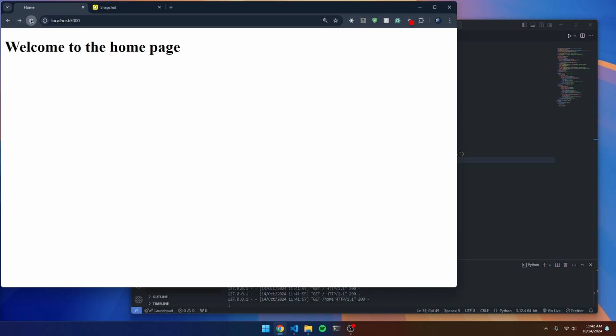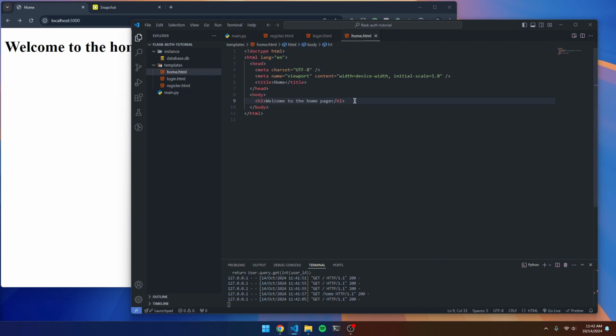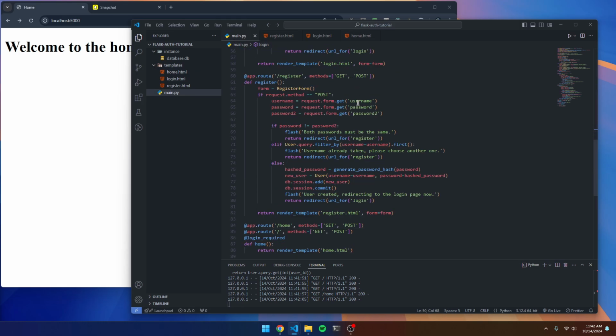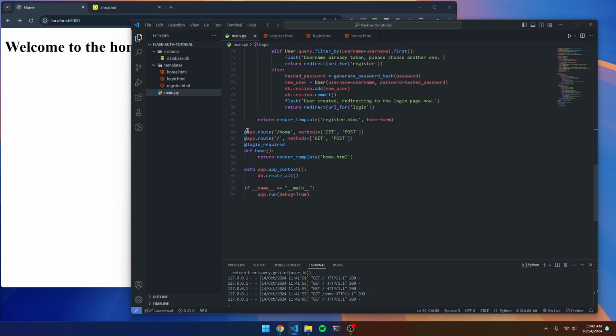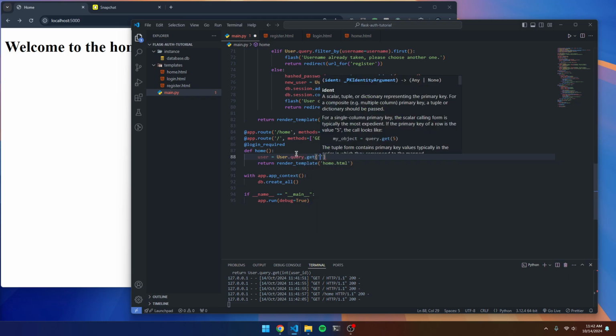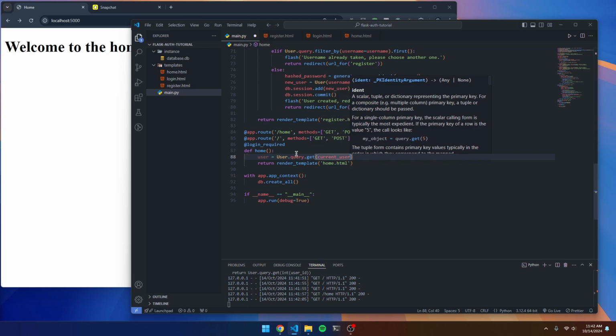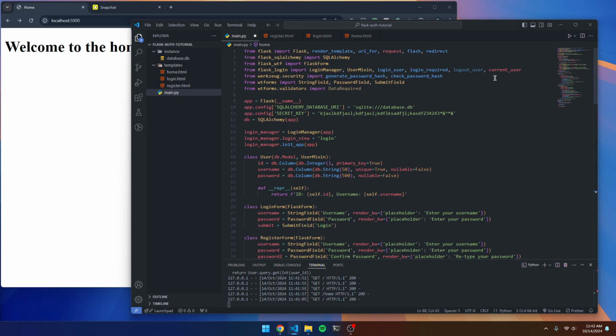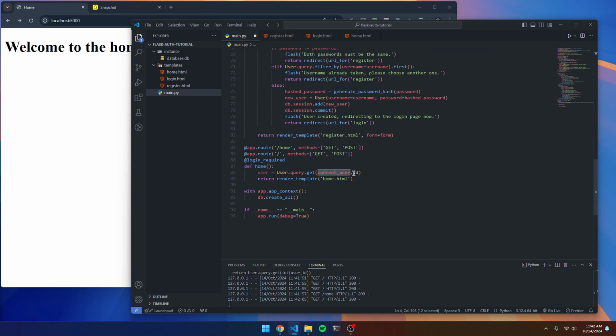Now, in the home page, let's actually add a button that will log us out. So in the home page, let's put a welcome, comma, and then the user's username. To do that, it's pretty simple. All we have to do is go to our route for home, and let's make a variable. Let's call this user. It's going to be user.query.get current_user.id. The current user, we got this from Flask login right here, and we're basically getting the current ID